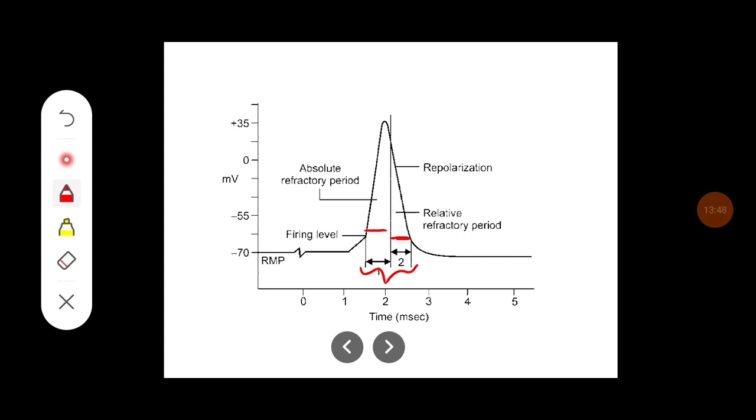And the absolute refractory period is till 1/3 of the repolarization, and the relative refractory period will be after the 1/3 of the repolarization. During the absolute refractory period, the second stimulus will not produce any response whatever the strength of the stimulus, but in the relative refractory period, a higher strength of stimulus sometimes